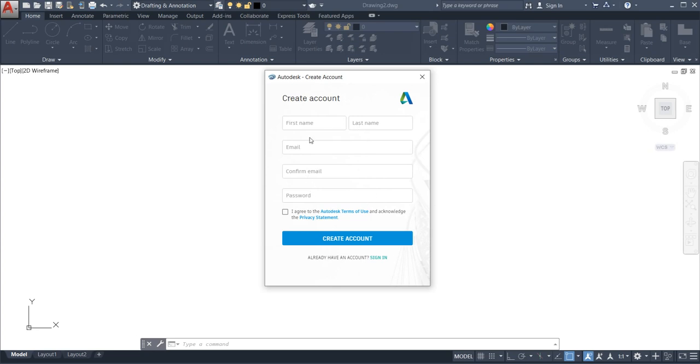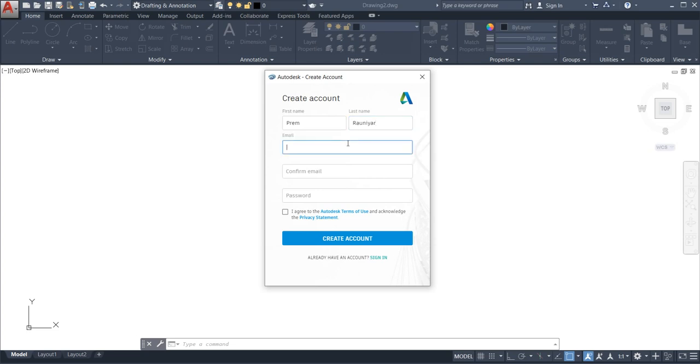You can see this and understand everything. Create account: first name, last name, email, confirm email, password. So go to the first name. I will keep my first name as Prem. Now go to last name, Ronia.